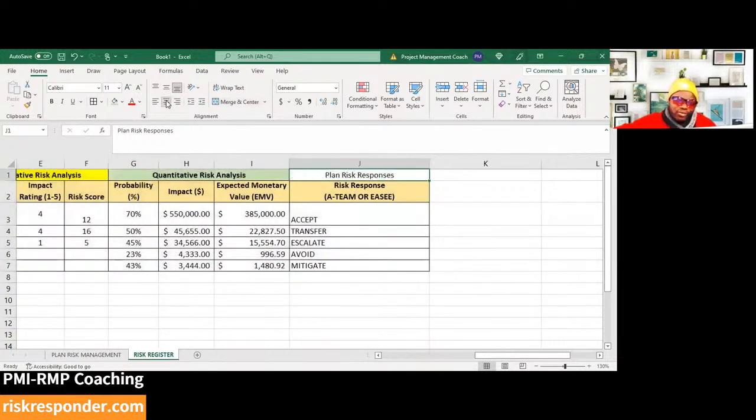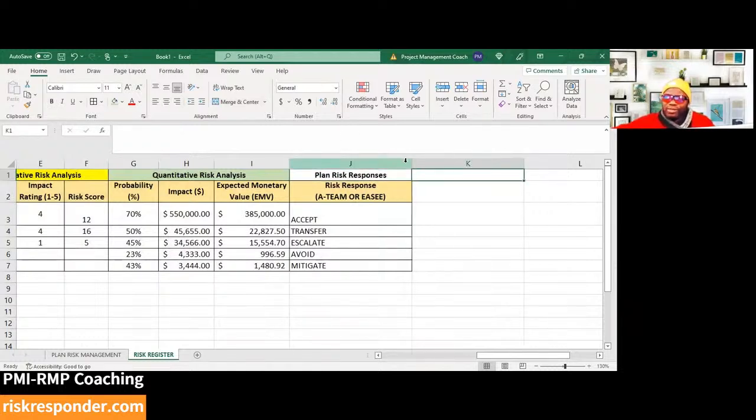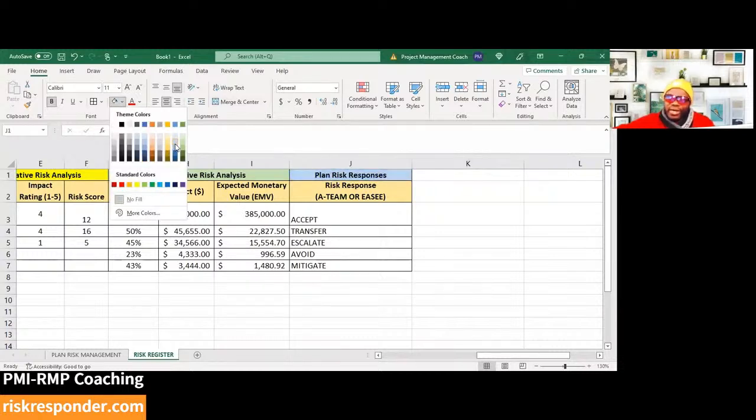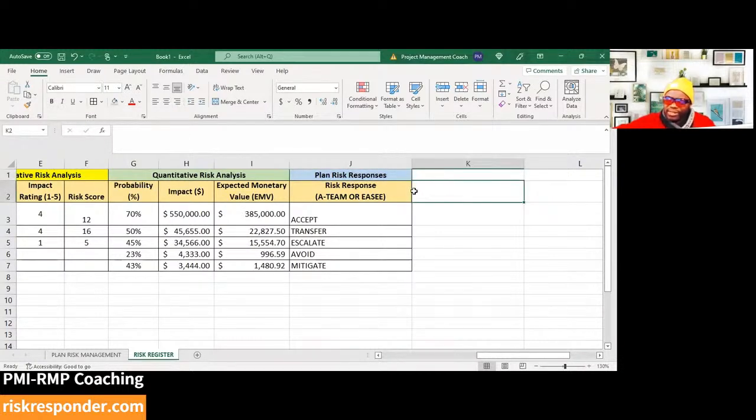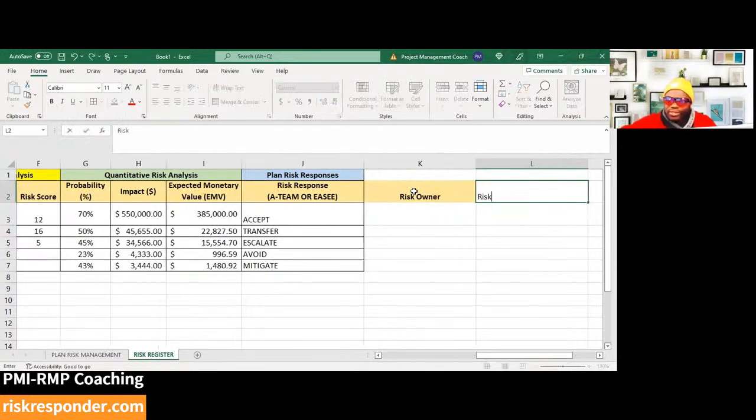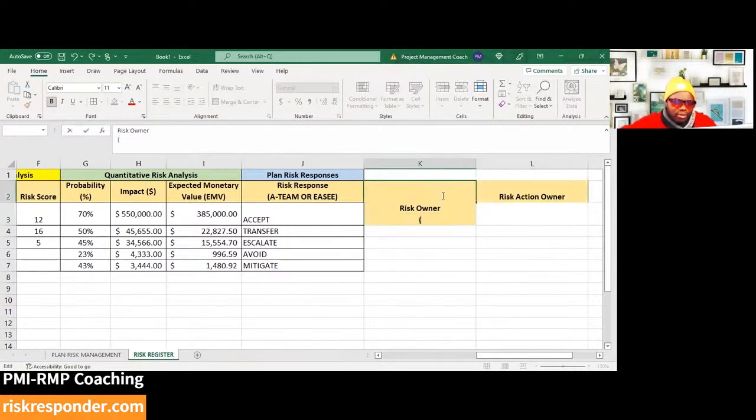When you have planned your risk responses, it would make sense for you to begin thinking specifically about who is going to do what. So we have another section here where we would have the names, the risk owner, and we will also have a section for the risk action owner. Who is the risk owner? Owns the strategy